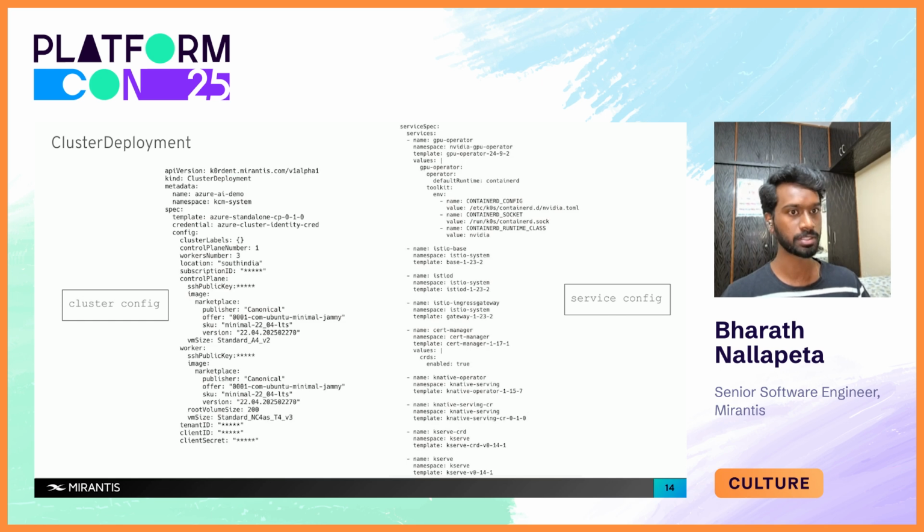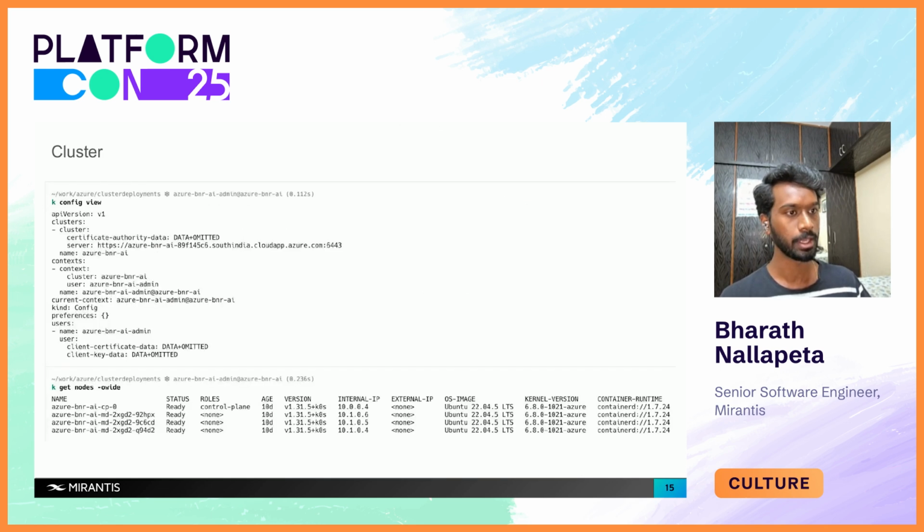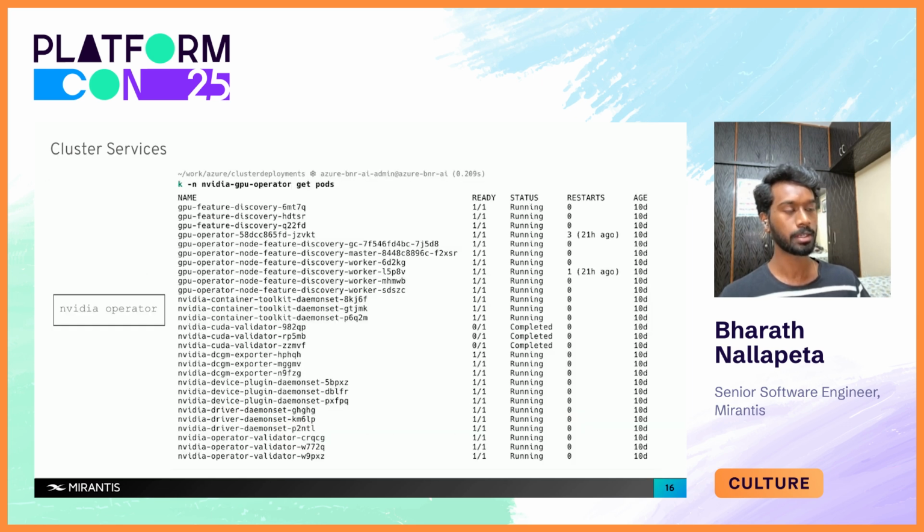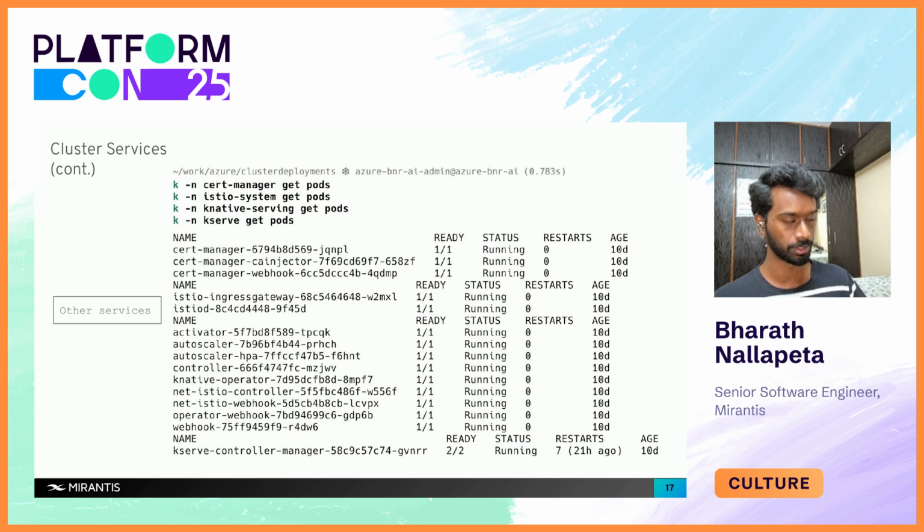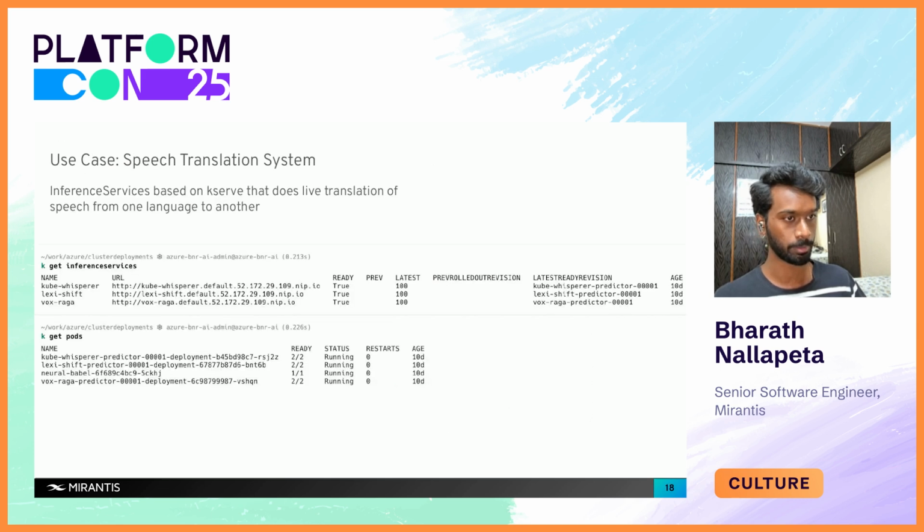So we just have to apply this ClusterDeployment like we do kubectl apply, and then we have a cluster on Azure that's deployed. And while the cluster is the day zero part that I talked about, the day two part comes here. Because we specified the services in the service spec in the ClusterDeployment, we now have the NVIDIA operator being deployed in its namespace and the rest of them in the corresponding namespaces as well. Cert Manager, Istio, Knative, and KServe, right? So all this is done by just applying the ClusterDeployment, without which you would have to manually deploy each and every service, configure them, and so on.